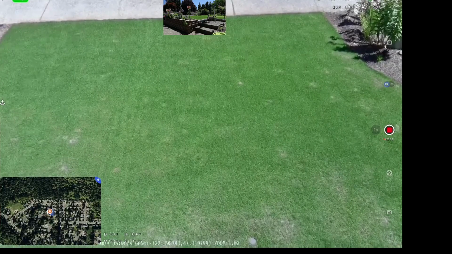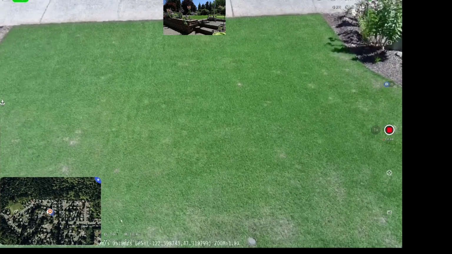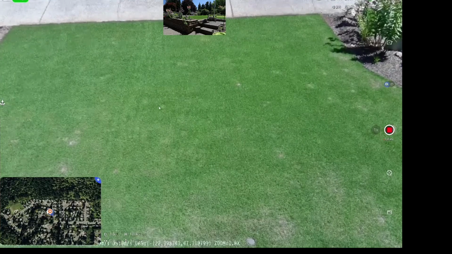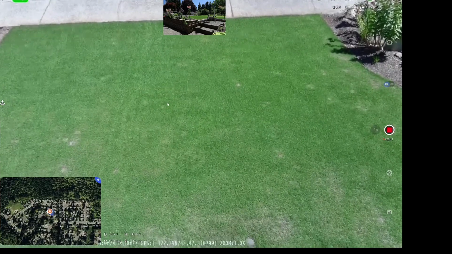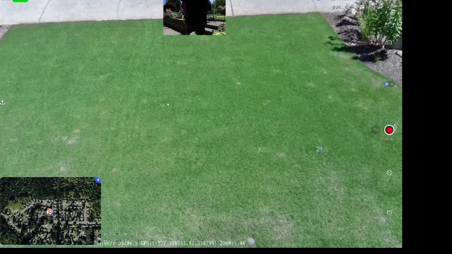Yep, that's the problem right there. That's what my problem is. Now I can't see my other screen. Anyways, I'm just going to go ahead and leave that like that. It was my app that was doing that.